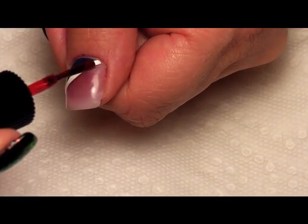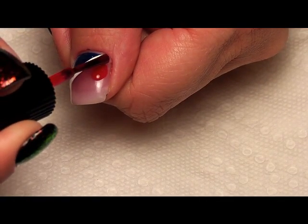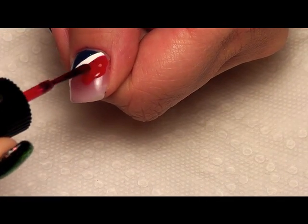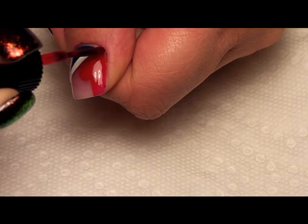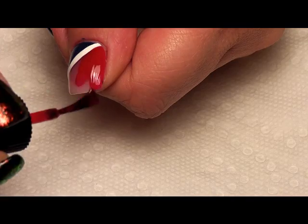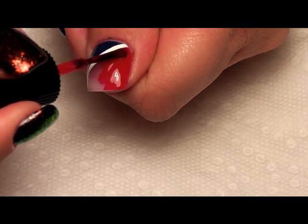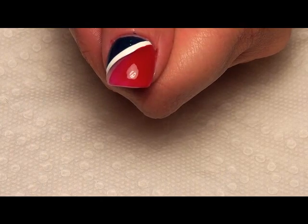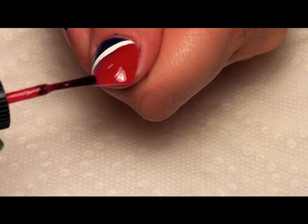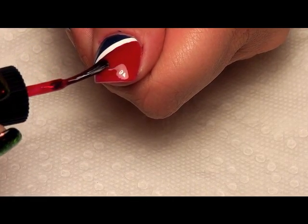So now, the trick to this, without getting it all over your white, it's okay if it gets on the edge of your white a little bit. You just want to take it from your far edge and just gently pull it over, and then just gently drag it over, and use a looser based polish. The reason I use this Butter London is it's nice and thin,